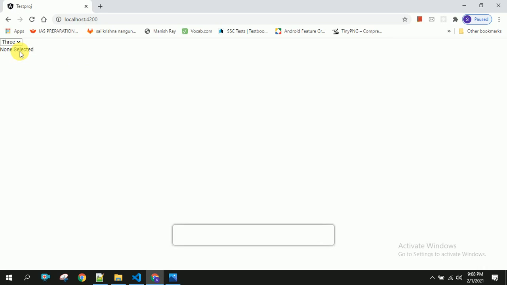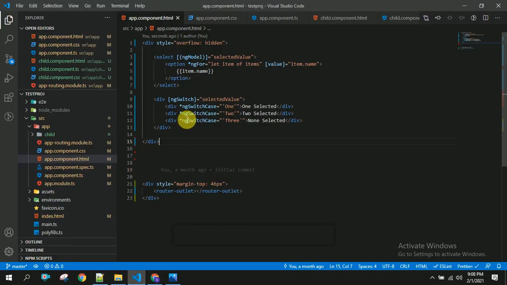So we can see here we have got 1 selected and 2 selected and 3 selected. Now let us use ngSwitchDefault here. So it will not take anything.